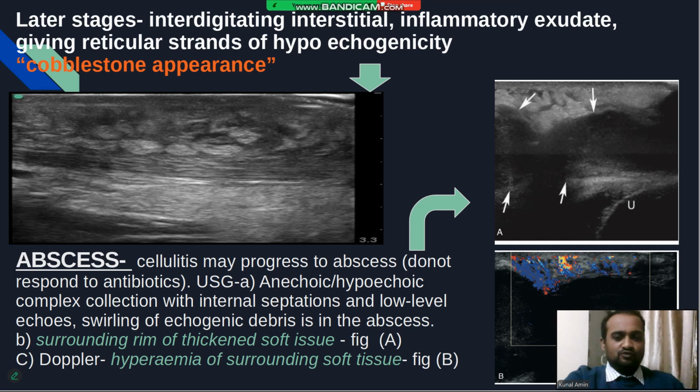Then it can progress to an abscess if not treated, in which case on ultrasound we see an anechoic or hypoechoic complex collection with internal septations and low-level echoes and swirling of echogenic debris, which is pathognomonic of an abscess. It can be surrounded by a rim of thickened soft tissue, and on Doppler there is hyperemia of surrounding soft